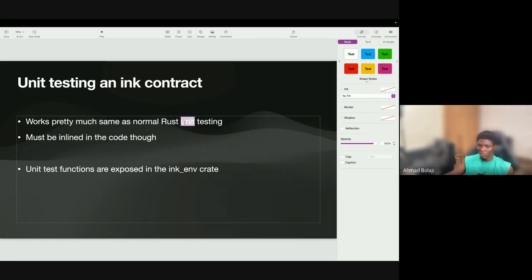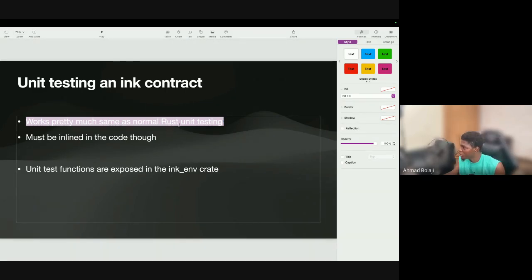There are different things, right? Unit testing in a contract works pretty much the same way as unit testing in a normal Rust function, like in a normal Rust library. What you need to do is,